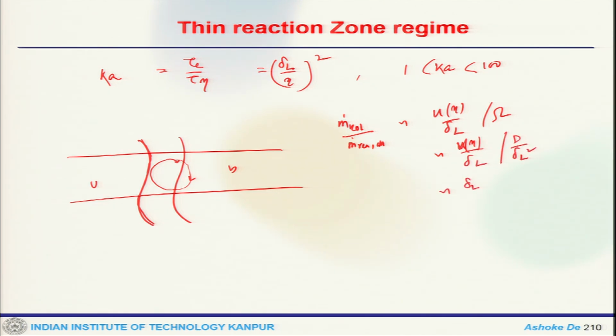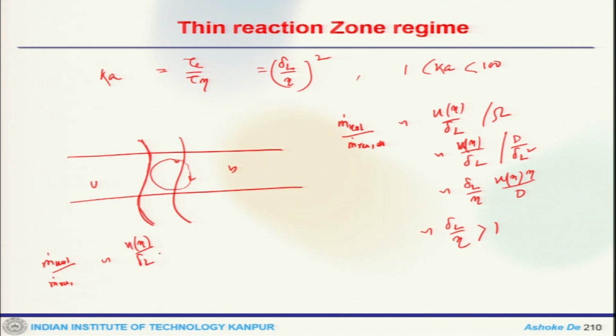So, which is essentially delta L by eta, U eta by eta. So, delta L by eta greater than 1, and the other, m dot Kolmogorov by m dot reaction layer, you can say